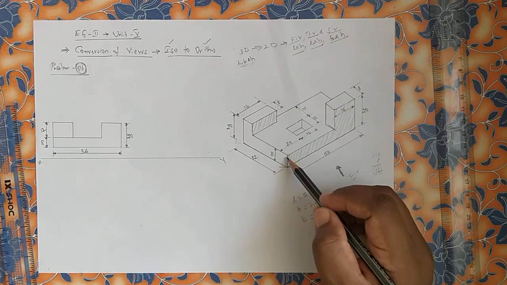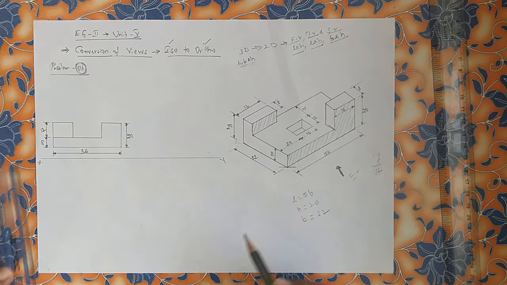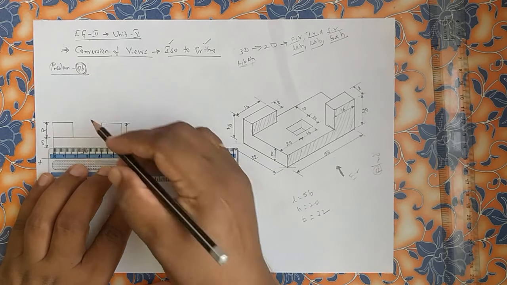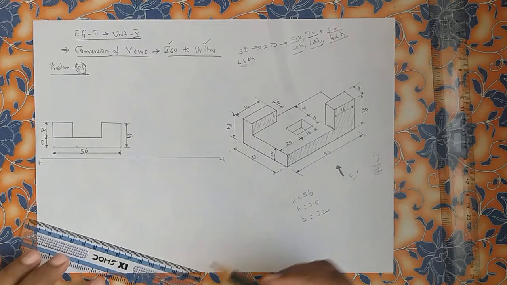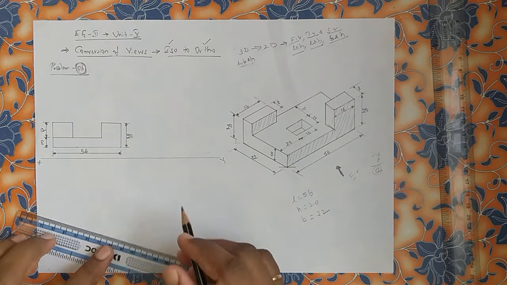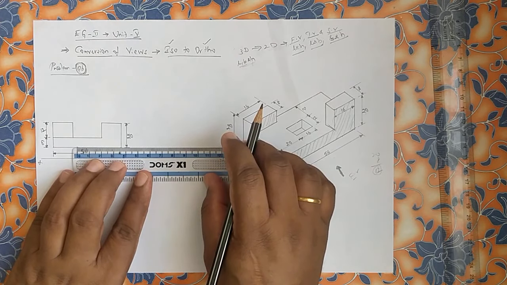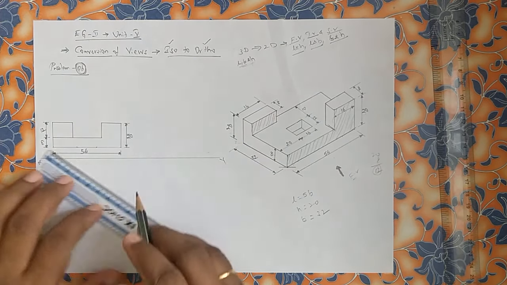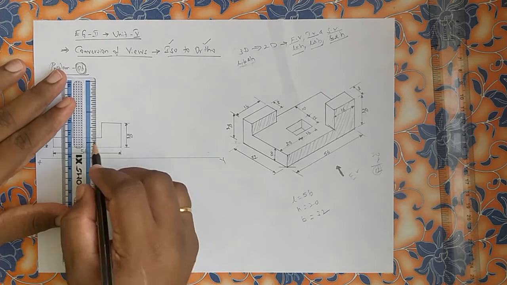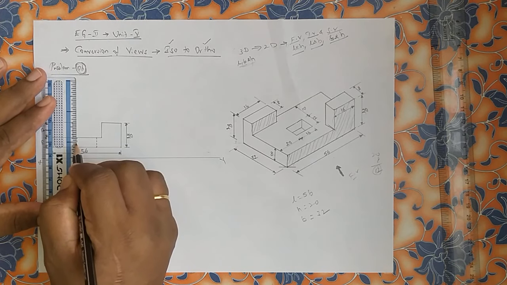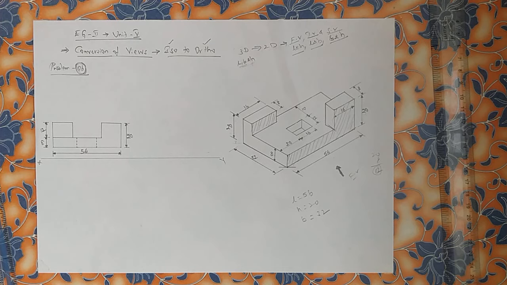See here clearly the distance is given, 20, 16 length. From the extreme left, at a distance of 20, I have kept a dot. From that, the length of the through hole is 16. So from here try to keep 16, at 10, 15, 16. Now at this location you are supposed to draw dashed lines, which show the hidden hole inside that particular place.